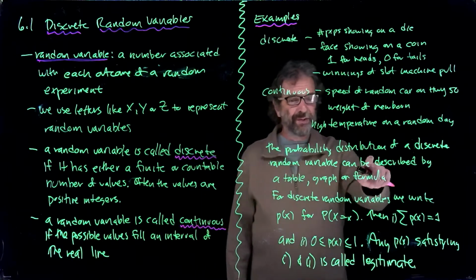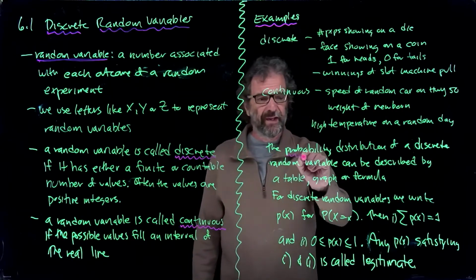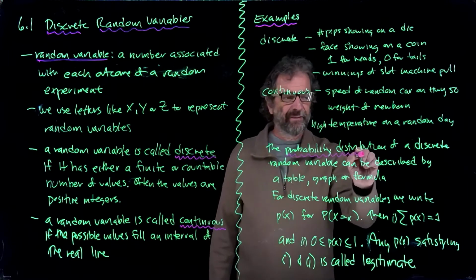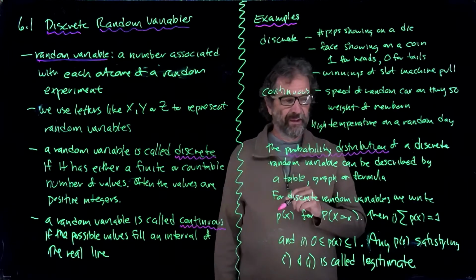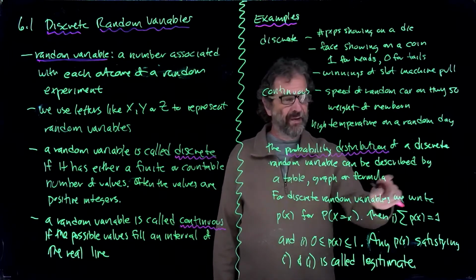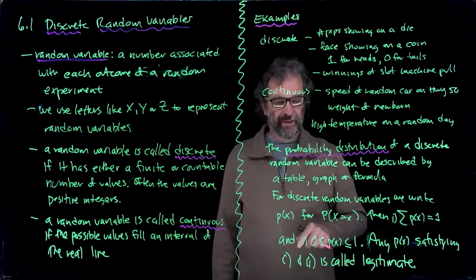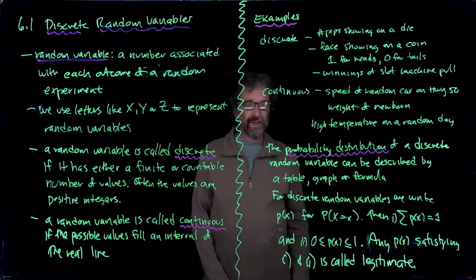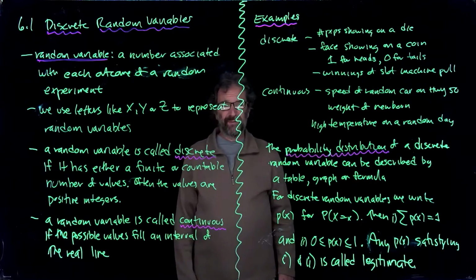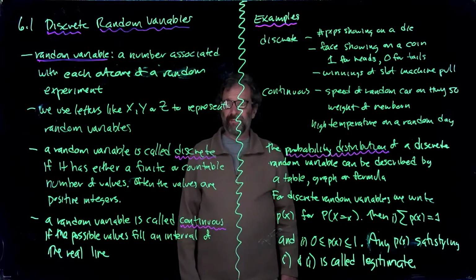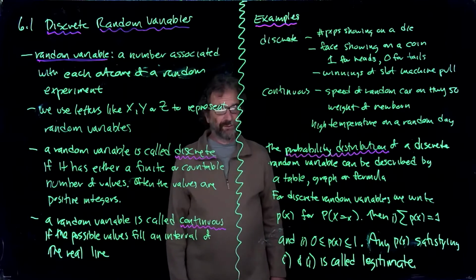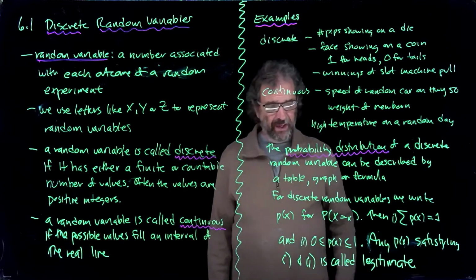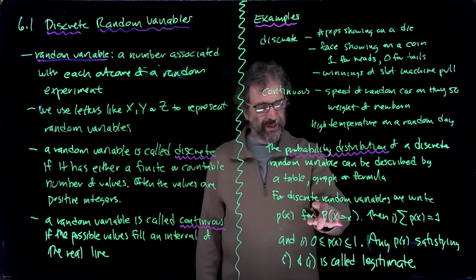The probability distribution. So that's how do you compute probabilities for outcomes or events? We need a way. It can be described by a table, a graph, or a formula. So you could have a table of values and their probabilities. You could have a graph of that table, or you could have a formula that says for whatever value you're interested in, you compute the probability by putting it in this formula. Take the number and stick it in a formula. That'd be nice. So to head in that direction, we say for discrete random variables,